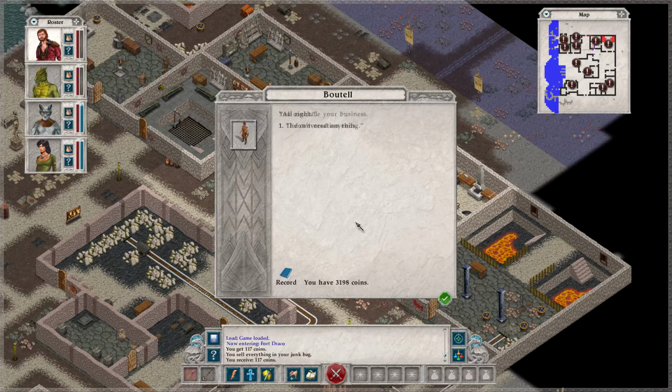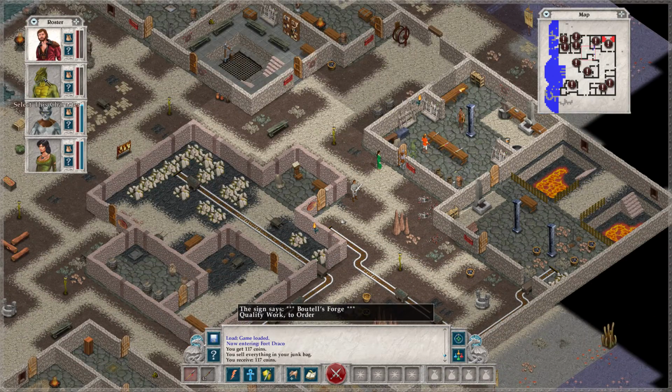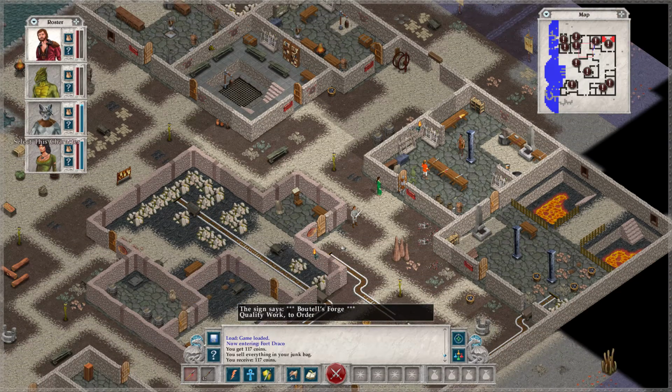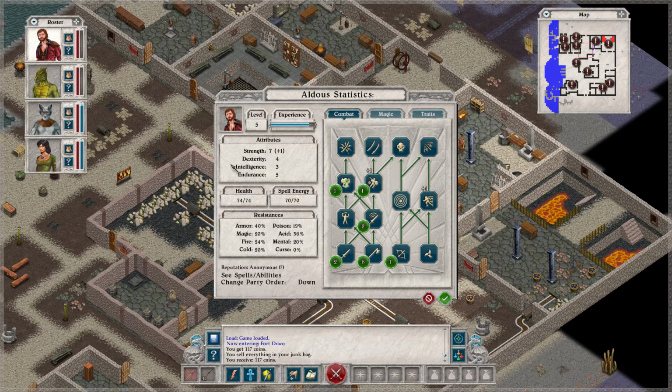Now, I guess the characterization is something to talk about. You can make your own party. I started with the default party on this save because I wanted to see what it was like. The races and classes all matter. Obviously, in this case, I have this man, who is not so much a class, I suppose, but you level up